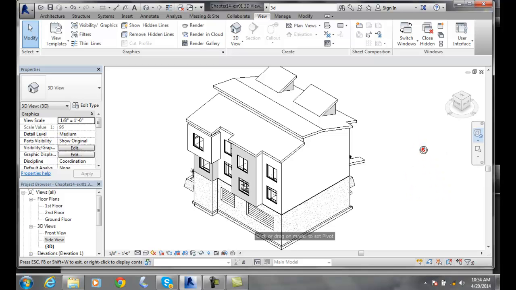I'll hold my left mouse button on. I've got my left mouse button held down, and I'm going to click and drag it to where I want the pivot point of where I want to see my forward tool go. I'm going to pick on these dormers here, and you can see now I get this pivot